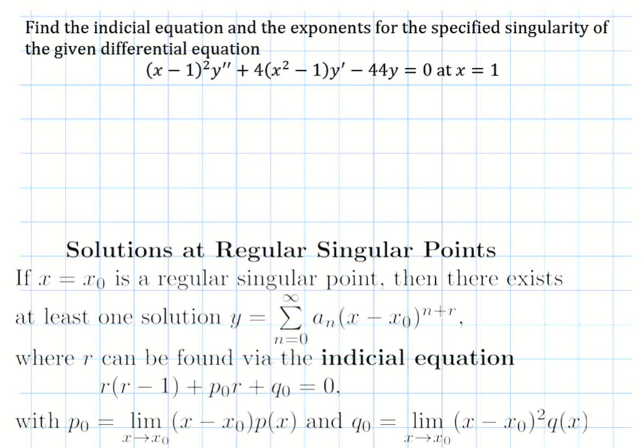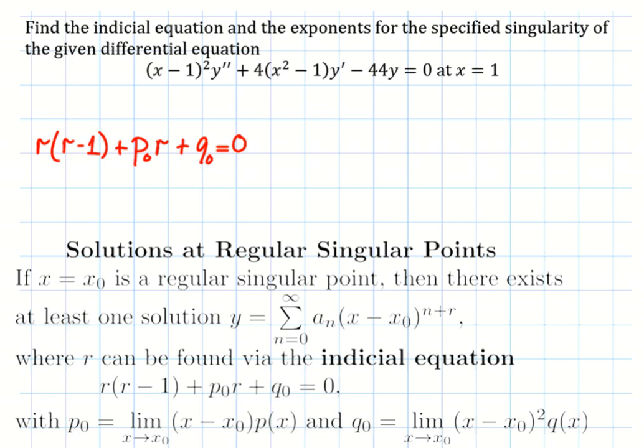Find the initial equation and the solution. The initial equation is given at the bottom. We have r times r minus 1. I just write out r times r minus 1 plus p naught of r plus q naught equal to 0. And the p naught and the q naught are in the form given at the bottom